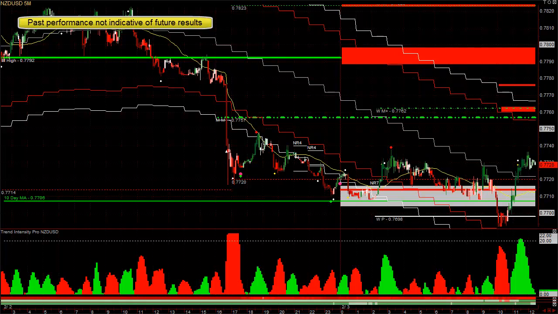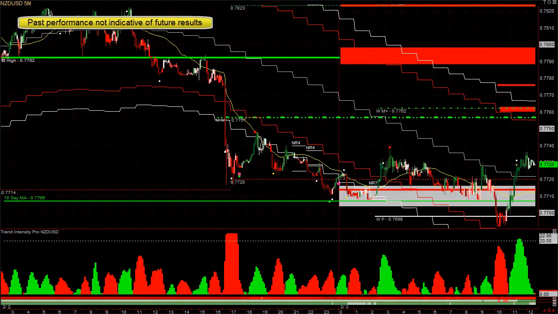Now also sometimes you have the dollar that's weak and the New Zealand that's weak. If the dollar is weaker than the New Zealand, or I should say the New Zealand less weak than the dollar, you'll have a weekly monthly trend that's up, even though neither of those is really strong against other pairs. So that's something you have to